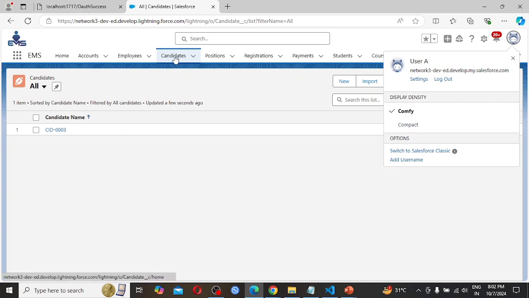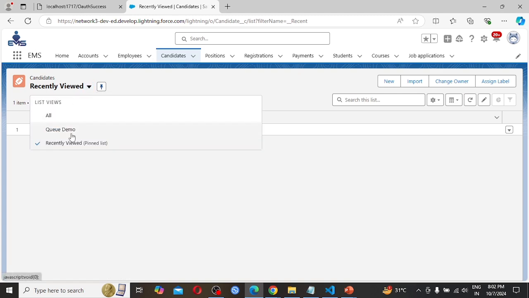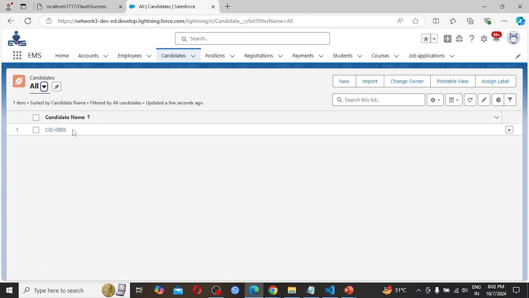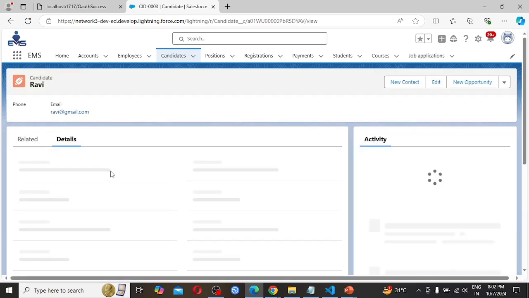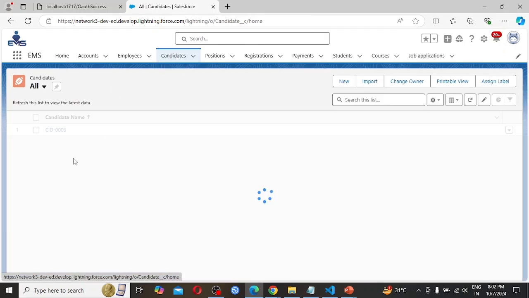If I click on the candidate object and from the drop down select All, in that case I am not able to see the record created by user B. As user A created the record Ravi, he is able to see his record only.